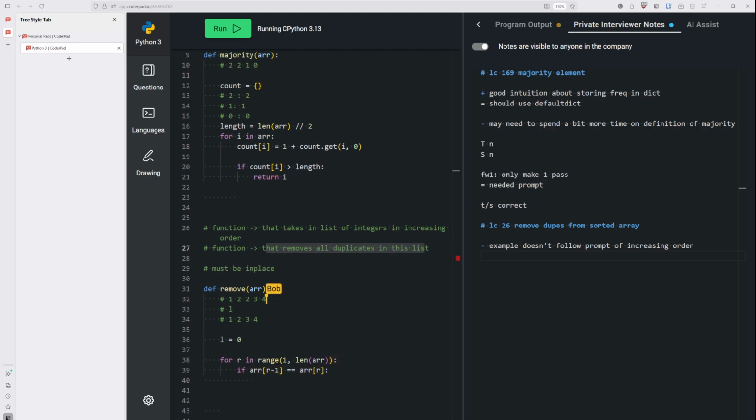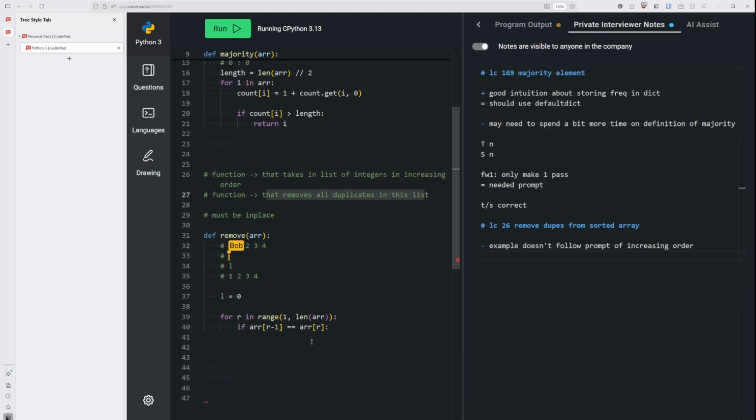If you're going through 1, 2, 2, 3, 4, you'd start your R pointer here, and then you check, is the previous one a duplicate? If it's not, you just move it up. If you do find a duplicate with your previous R,